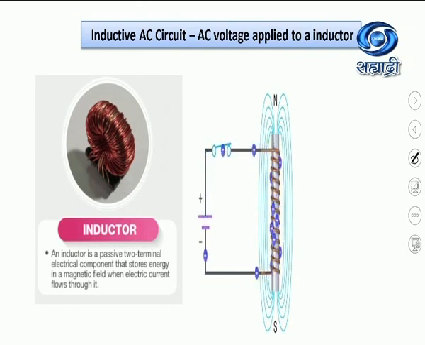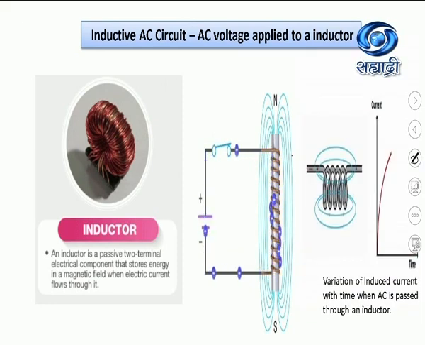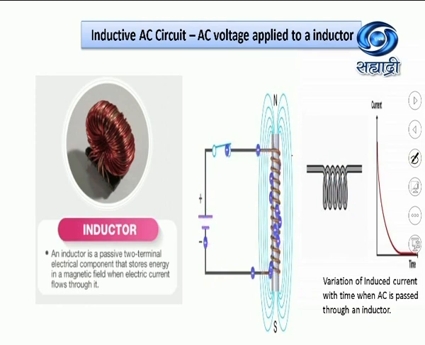And when the current flows through the coil, at that time a magnetic field is produced in the surrounding region, which is shown with the help of the green lines. So this is about when the DC is applied to an inductor. There is another animation in which we can see the AC passed through the inductor. Here the source is not shown, but the alternating current increases in magnitude.